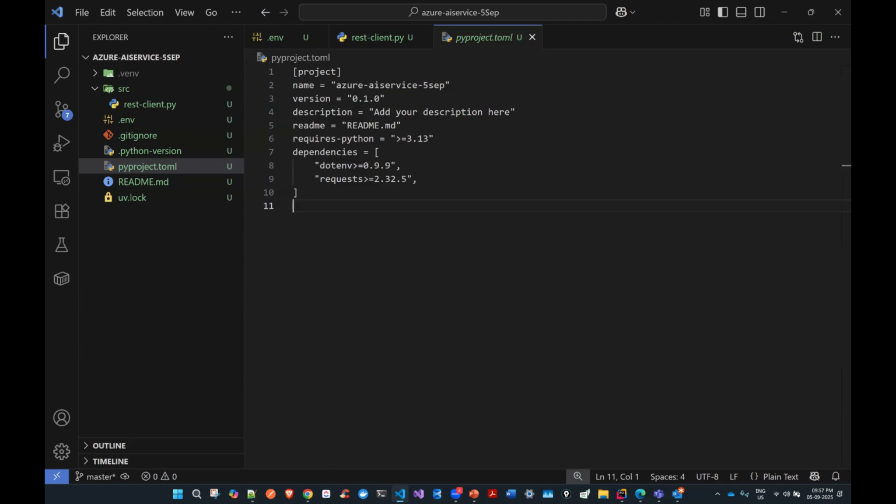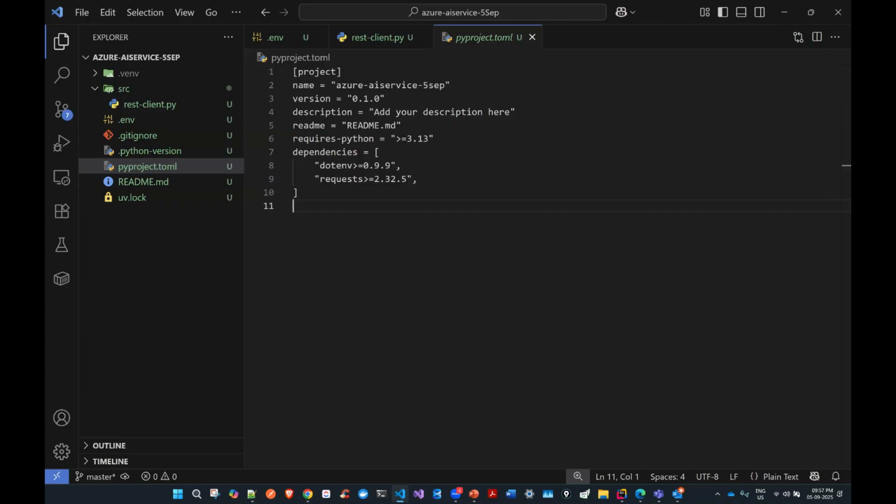It is similar to the package.json file we have in React-based applications, Angular-based applications, and others. I hope so far the things are clear to everyone.